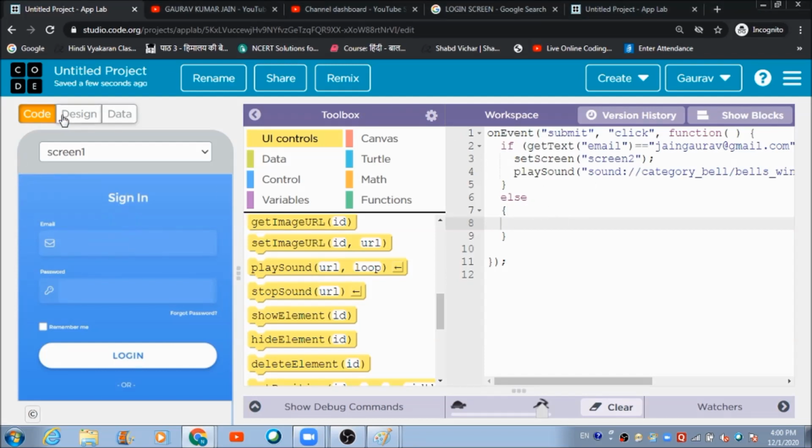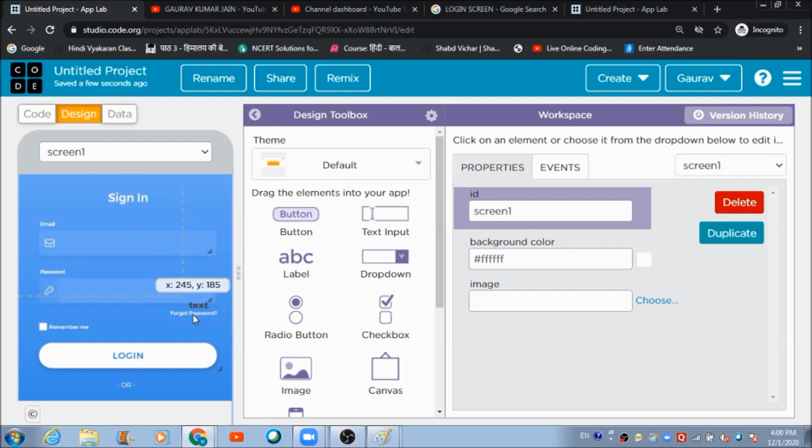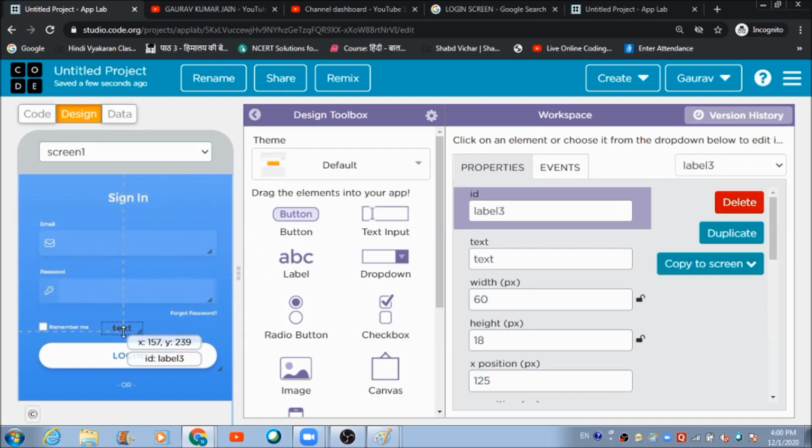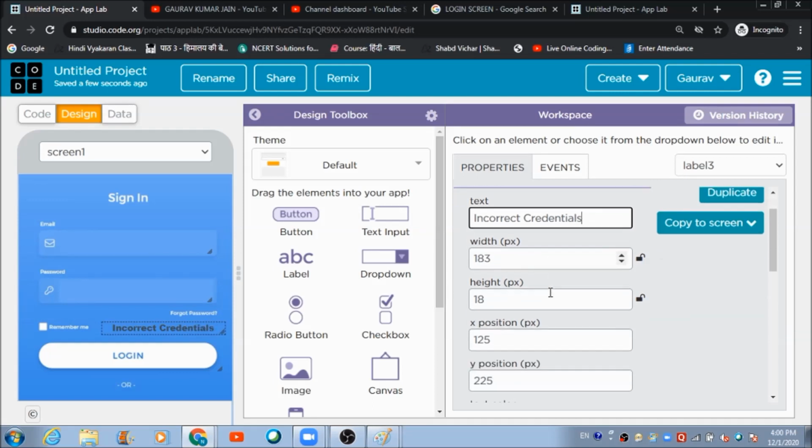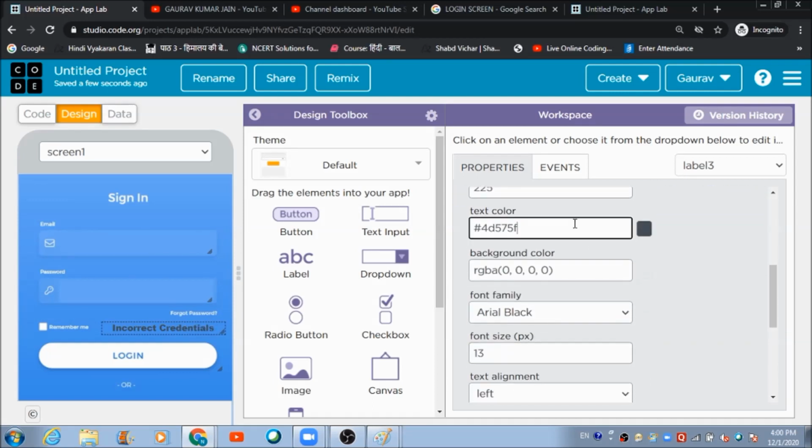Otherwise, let's define a label box over here, and here in the text part, let's make it incorrect credentials. Okay, and let's change the text color to white.